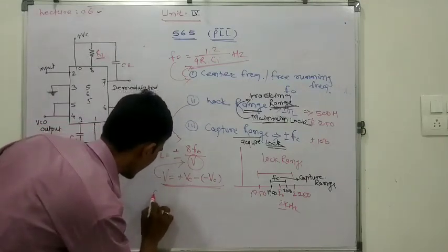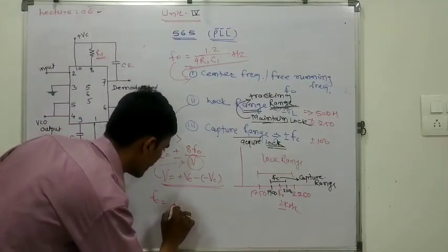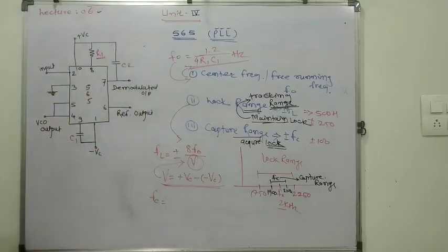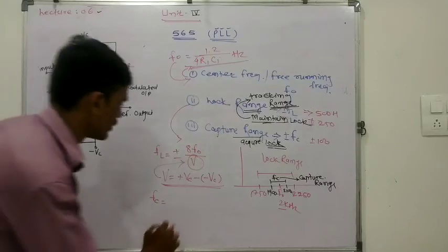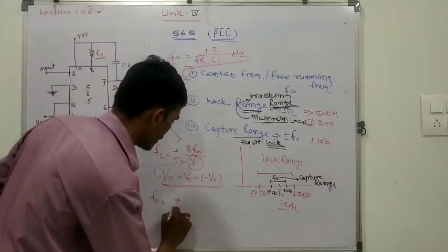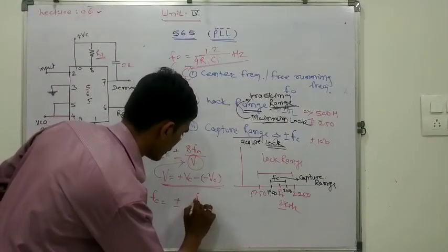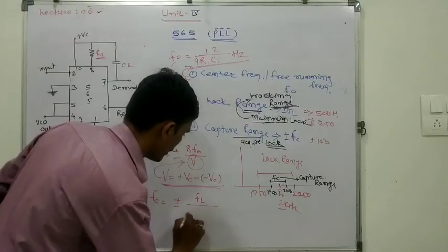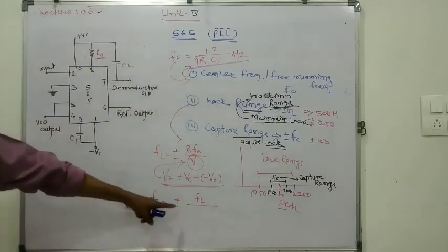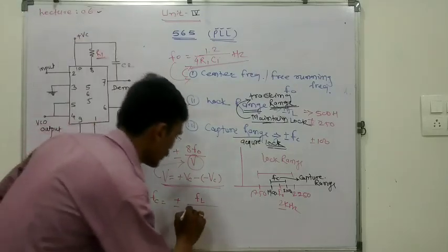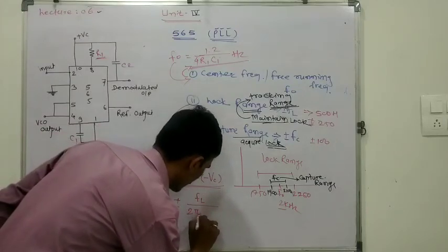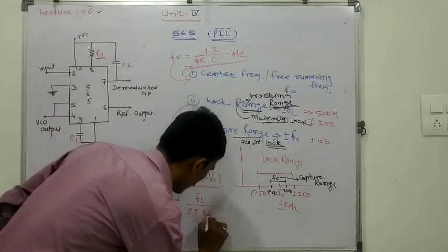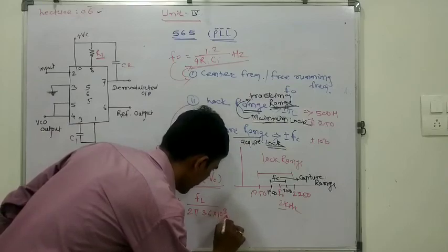Then next, FC. FC is the under root of plus minus FL divided by 2 pi, 3.6 into 10 raised to power 3 into